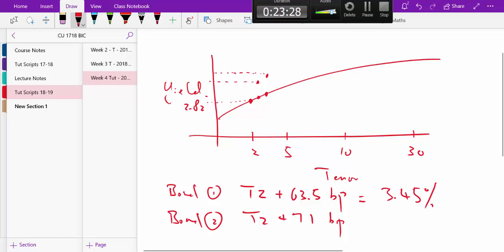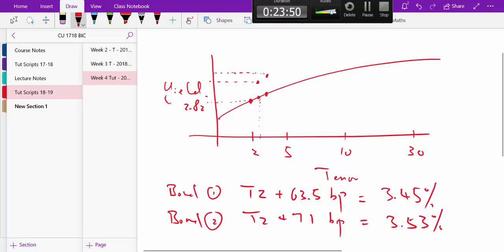3.45%. I am simply adding 63.5 basis points to 2.82. Okay, and then this one will be plus 71, so 3.53. That is the yield. Now, you might have noticed this is a bit funny because this bond, the bond 1,